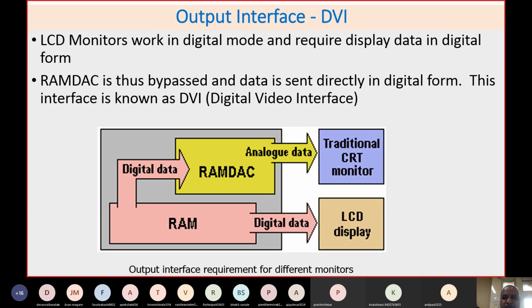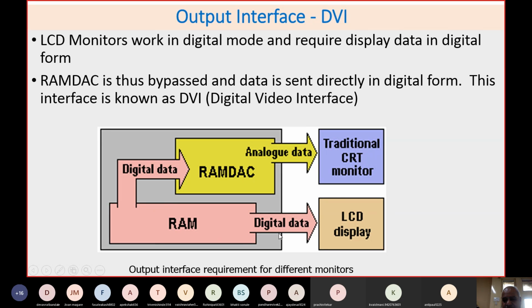Now there are two ways that this video card will work. The video card gives two kinds of data, as shown in the block diagram. You will find that you get the analog data as well as you can directly get the digital data. Whether to give analog or digital data depends upon your type of monitor. If you have a traditional CRT monitor, this digital data will be converted into an analog signal by the D2A converter, then these RGB signals through VGA will be applied to your CRT monitor.